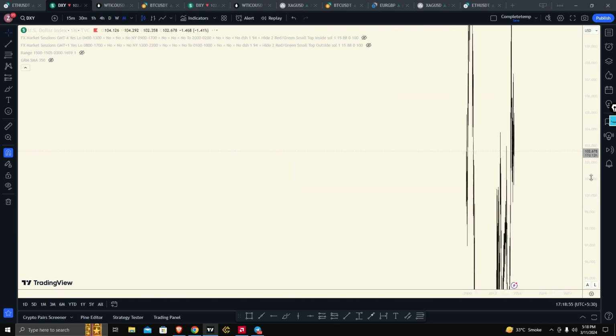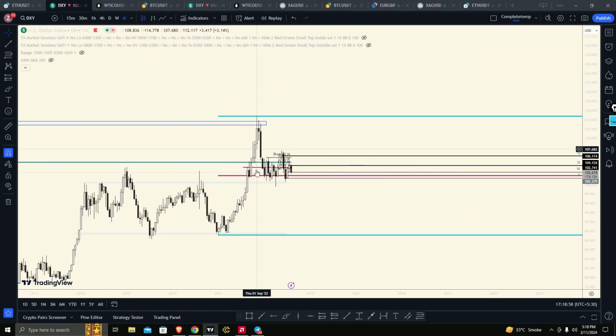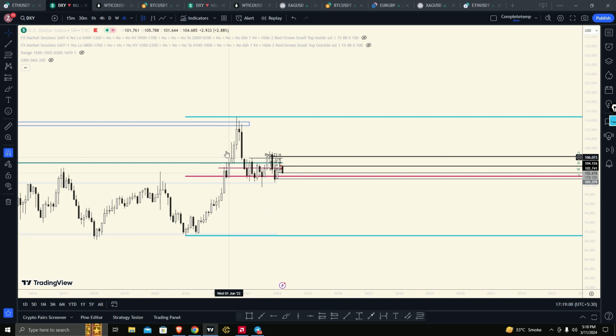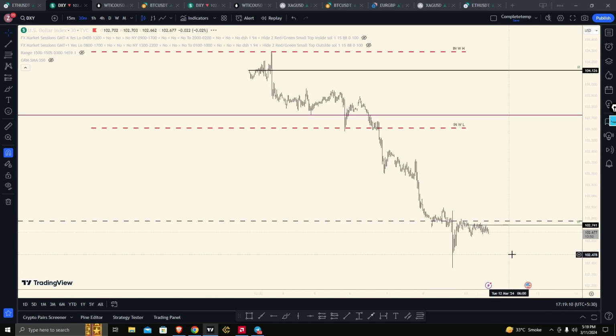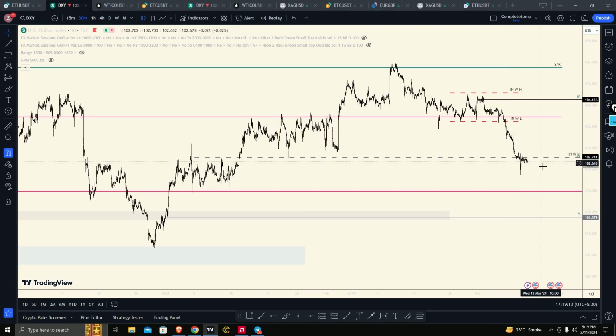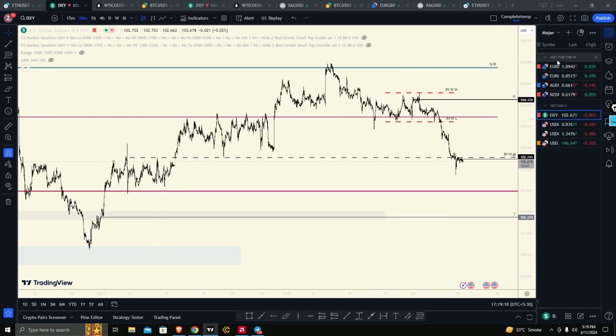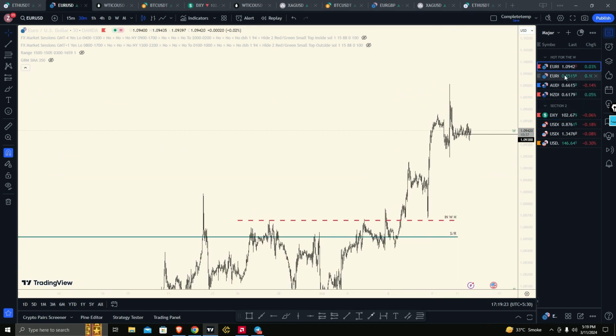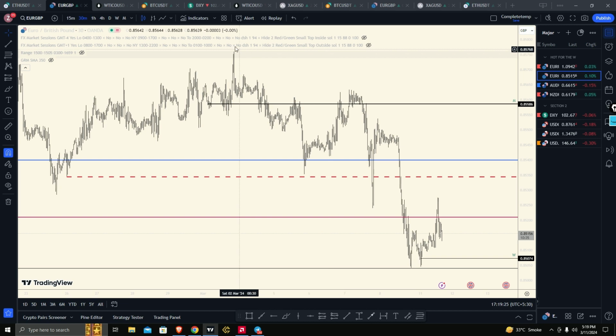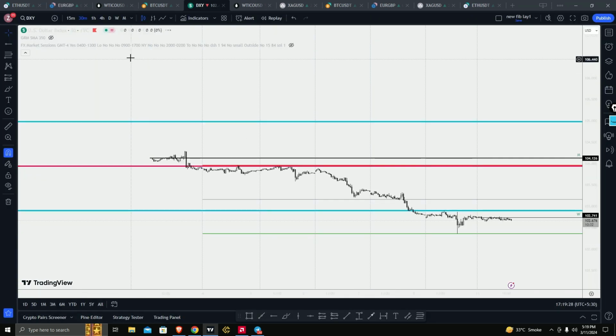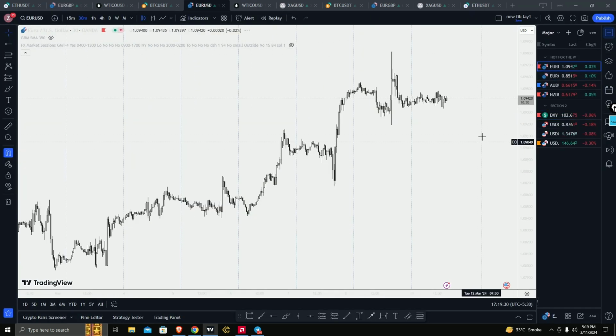By the way, this level is actually the yearly mid-range, or I would say the mid-range of that pump we had from April 21 till August 22. So yeah, for some reason dollar really loves that level, and I think it's going back into that level. So again, upside expected on Euro due to the dollar going down. Other than that, there's no price action to confirm anything.